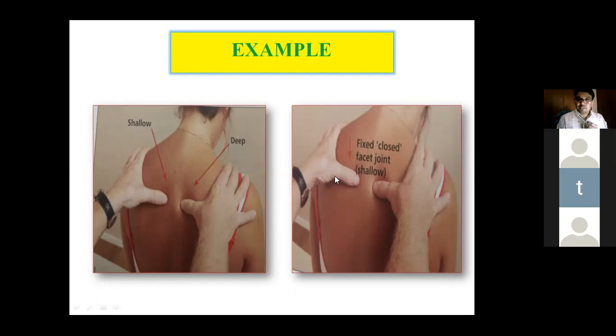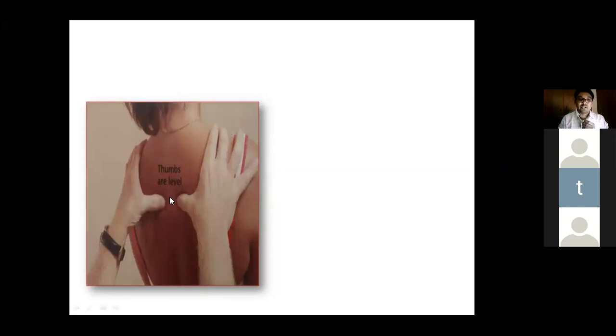Then let's see what is happening in extension. When we ask the patient to extend the spine, both thumbs will come to a symmetrical position. It means what? See what we have seen, the left facet joint was stuck in a closed extended position. So this is the extension movement. So this left side facet joint